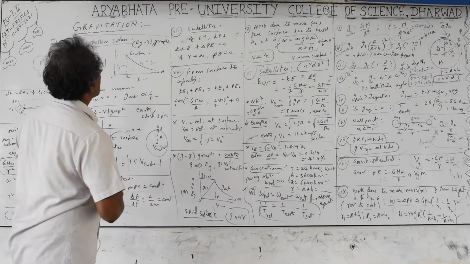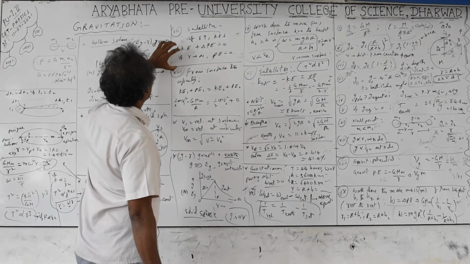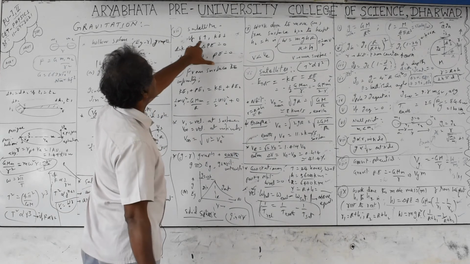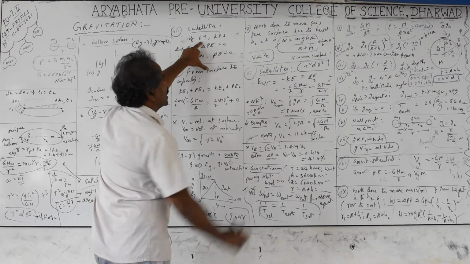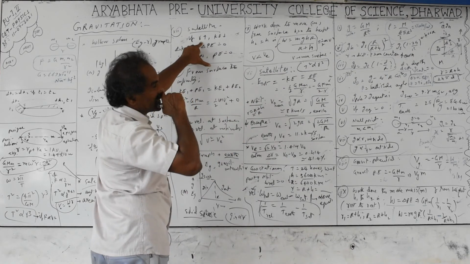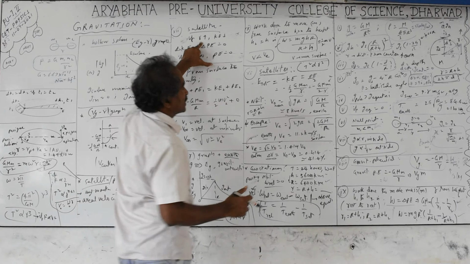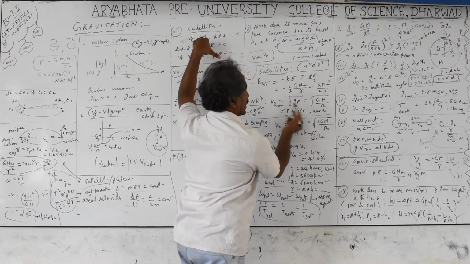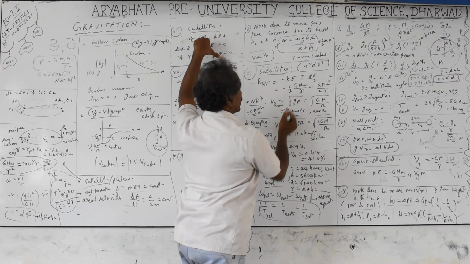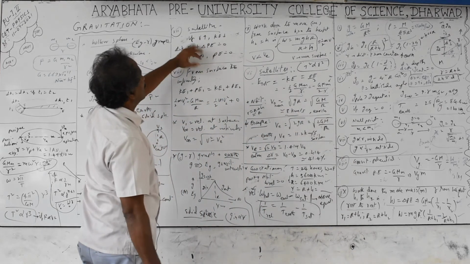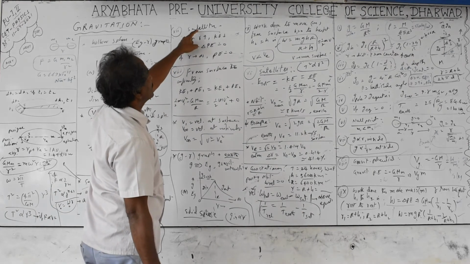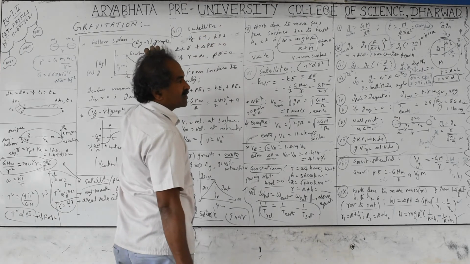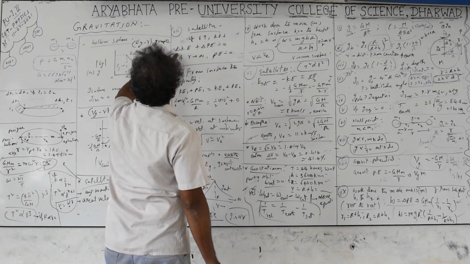Next point is the energy of satellites, when you send an object from one place to another, or when the satellite's radius increases. What happens? The satellite has both kinetic energy and potential energy. Due to the height and the gravitational force of attraction, it has potential energy, and due to the orbital velocity, kinetic energy. Kinetic energy equals half m v o square. If you take the satellite from one height to another, as the radius increases the speed decreases. Outer orbits have lower speed than inner orbits. A similar condition applies to electrons in the orbit of an atom around the nucleus.